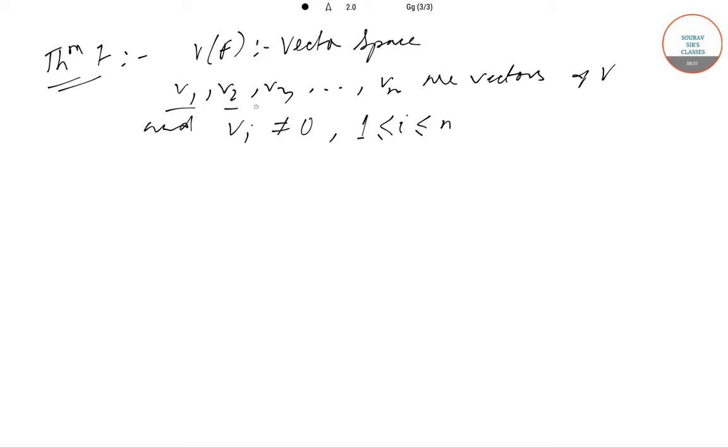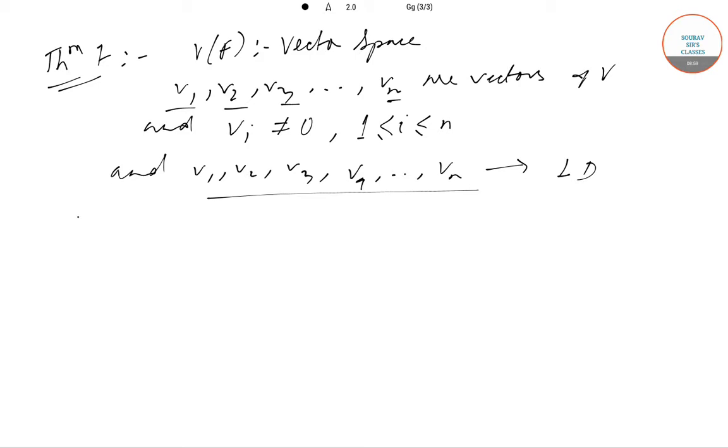So basically v1, v2, v3 up till vn are non-zero vectors, and if these vectors are linearly dependent,